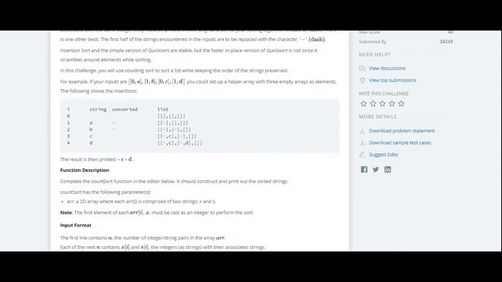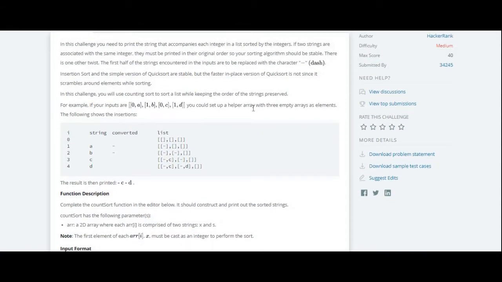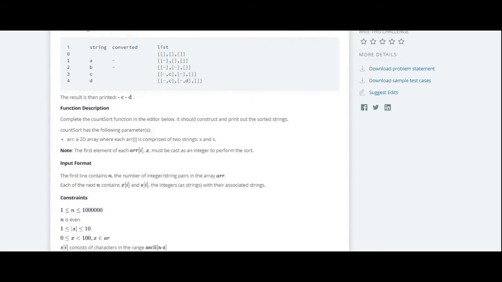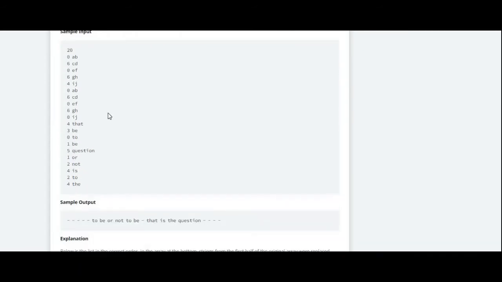In this particular problem, we have been given something like a mapped variable. You have a number and then a character. They would give a random list. Like in the example, they first give the number of inputs that are present, and after that a key-value pair. So you would have one key and then value, key and value.